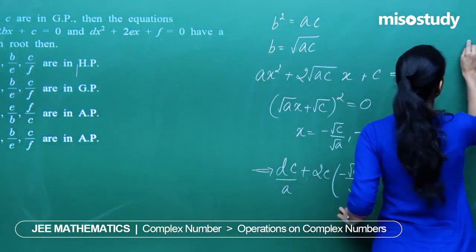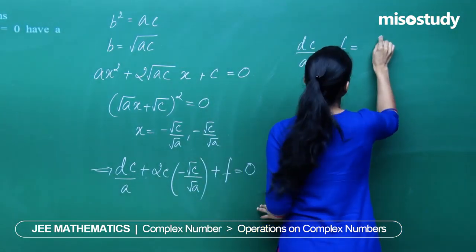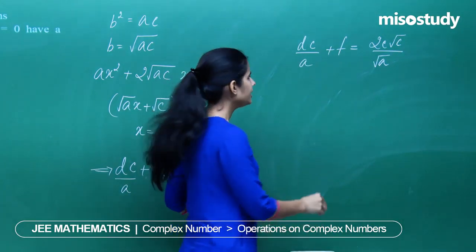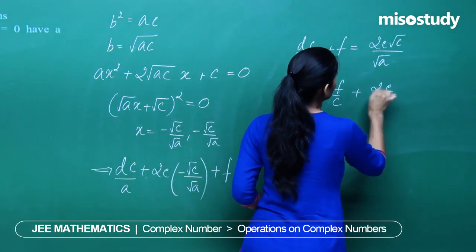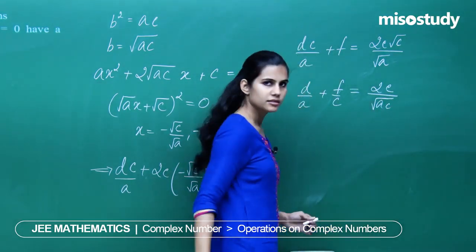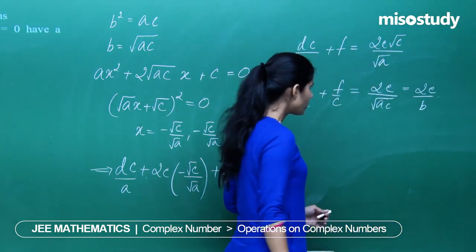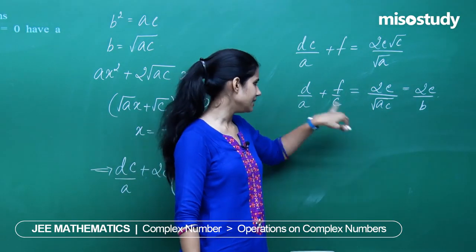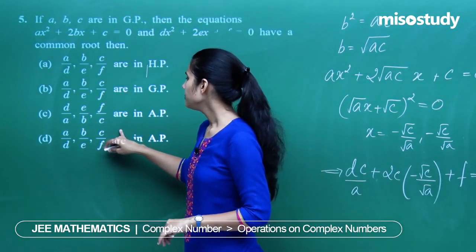Send this to the right hand side, you have dc by A plus f equals 2e root C by root A. Divide throughout by C, you get d by A plus f by c is equal to 2e by root AC. But root AC is b, so this becomes 2e by b. So you are getting twice of e by b is d by a plus f by c, which means d by a, e by b and f by c are in AP. So you are getting d by a, e by b, f by c are